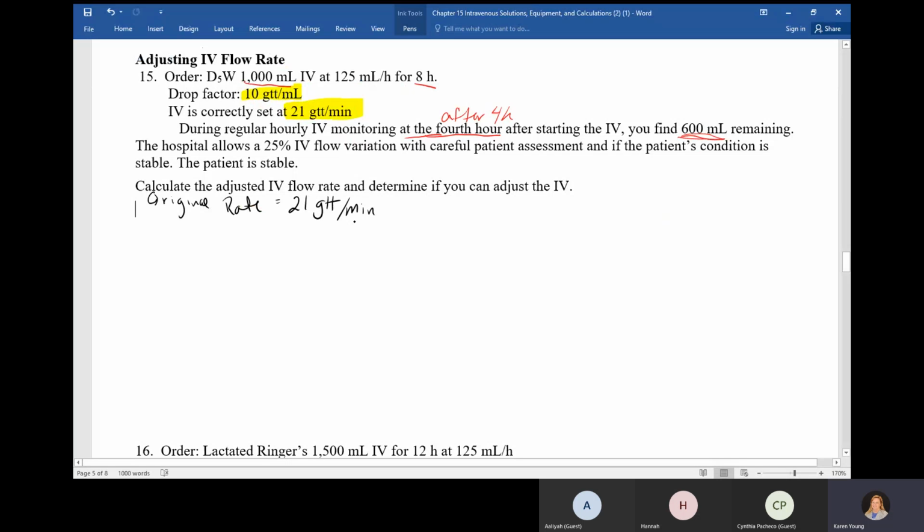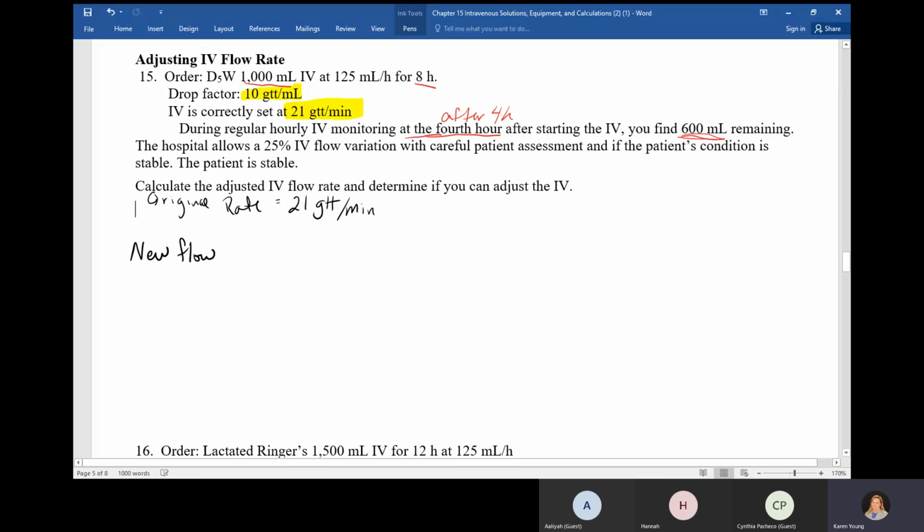Now, finding the original rate is what we did on Tuesday, where we took the 125 milliliters per hour, multiplied it by the drop factor, then by the time conversion, or we took the 125 milliliters per hour and divided it by the drop factor constant to get the original flow rate. Well, now we have to find a new flow rate,